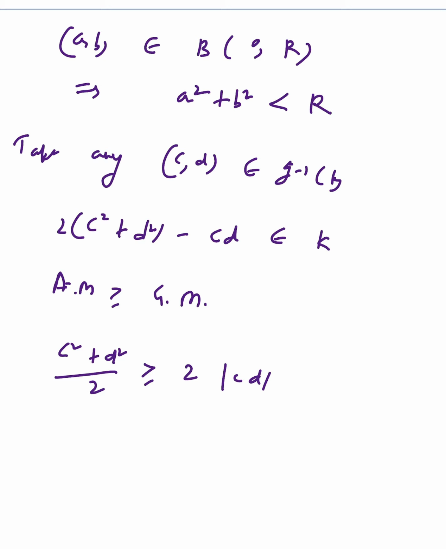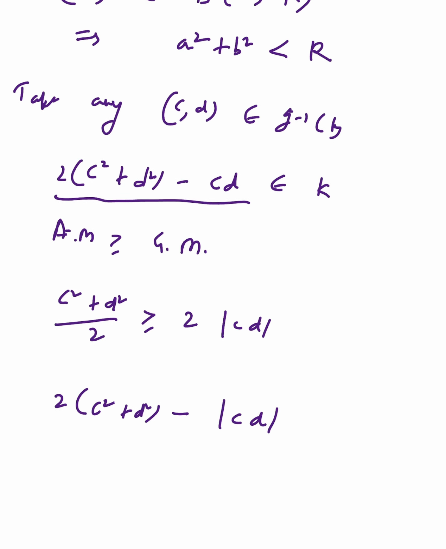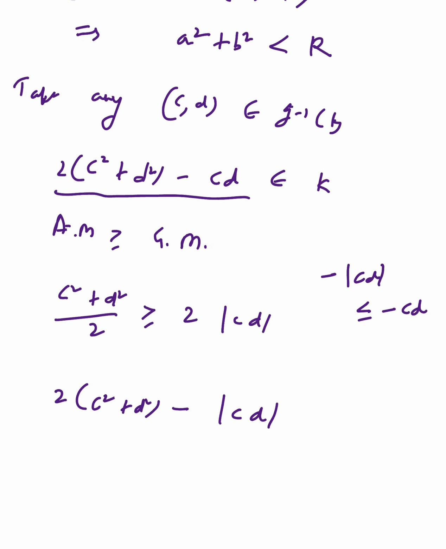And this quantity is greater or equal to twice of c squared plus d squared minus mod of cd, right? Because negative of mod cd is less or equal to 0. So we have this here,